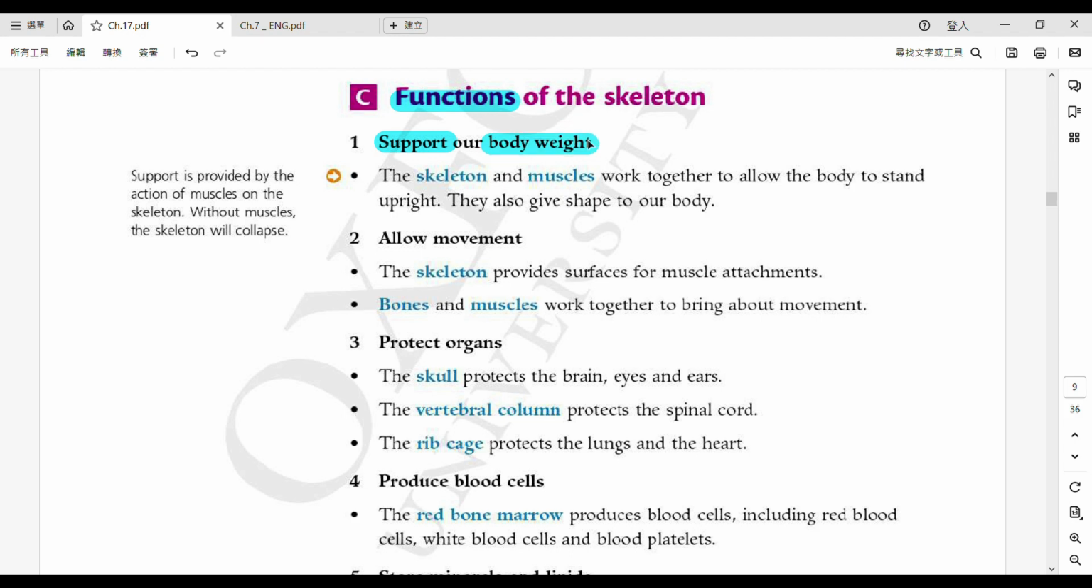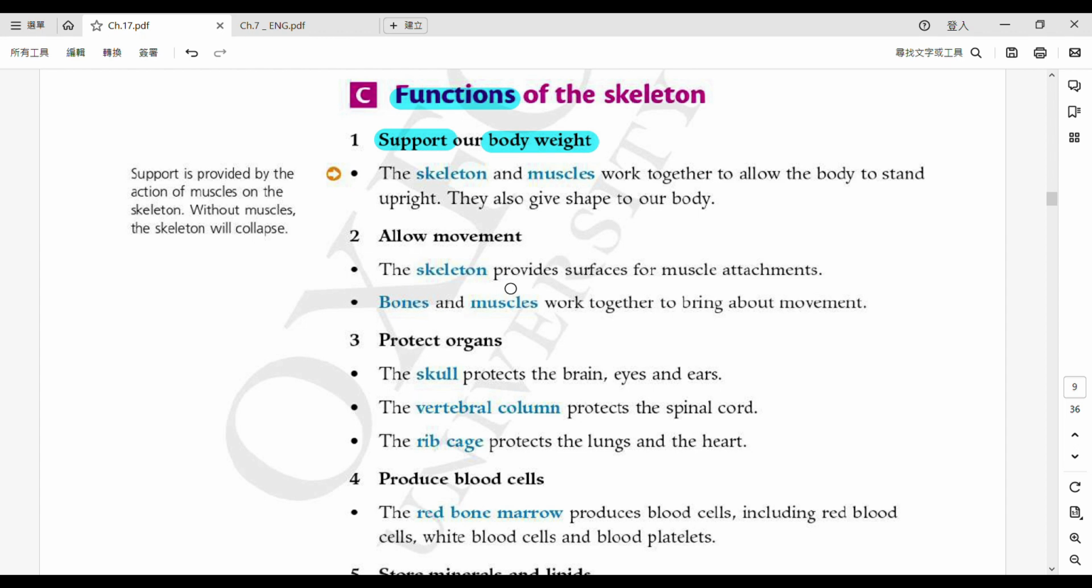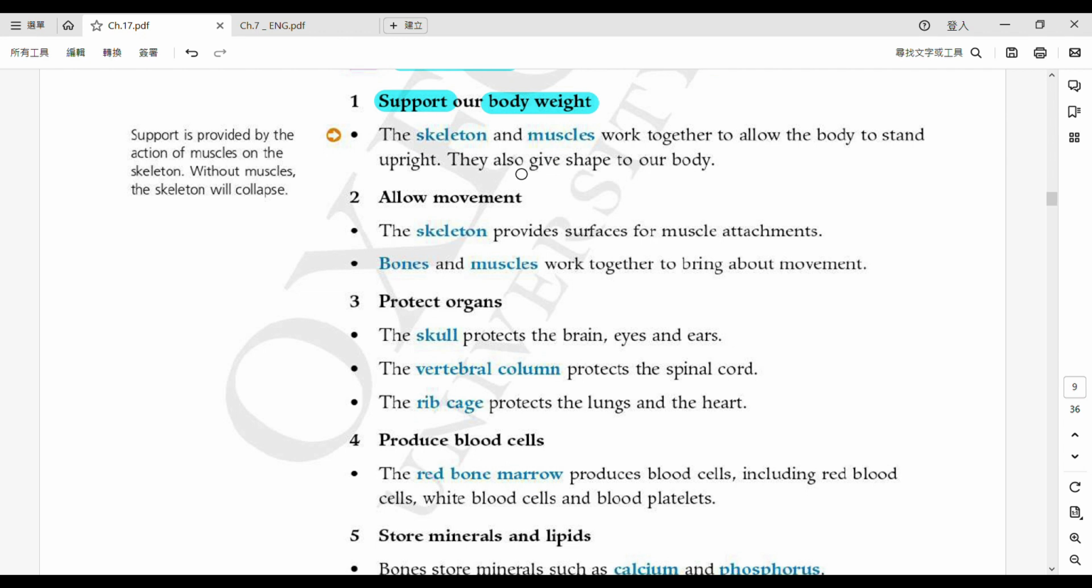Okay, so of course, please put a star over here again. The functions are always quite important. 得唔得？經常性都幾重要嘅。Alright, so first one 就 support 我哋嘅 body weight 啦。And as you can see, 我哋嘅 skeleton muscle will work together，然後啦 to allow 我哋嘅 body 啦去 stand upright 嘅，佢會 give shape、give support 啦，得唔得？And the next one 佢會 allow your